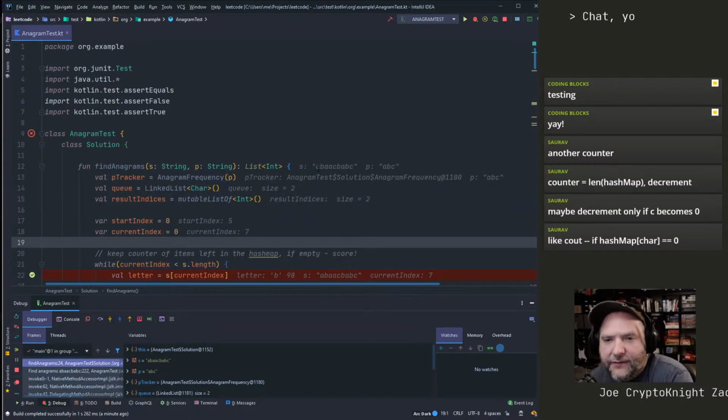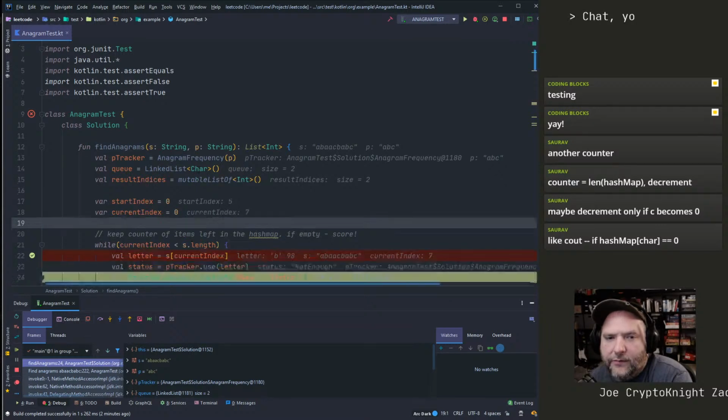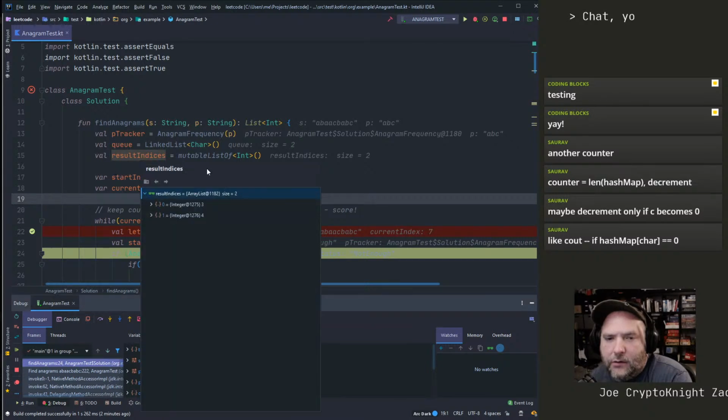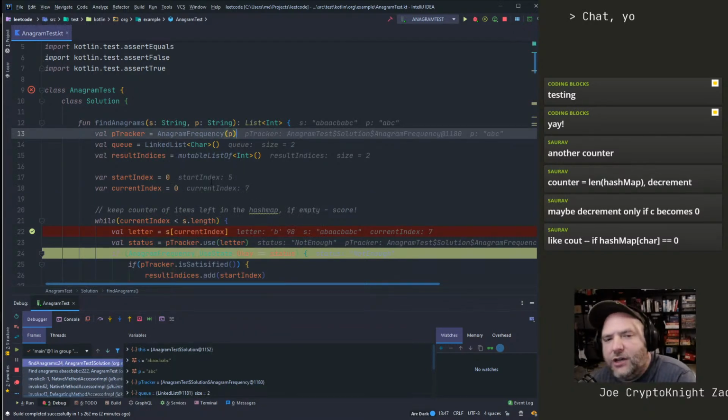See, at position 5, 0, 1, 2, 3, 0, 1, 2, 3, 4, 5. Oh, that actually is okay. We should have recorded the 4. Did we record the 4? We recorded the 4. Now our start index is 5, and I'm telling you that I don't have enough